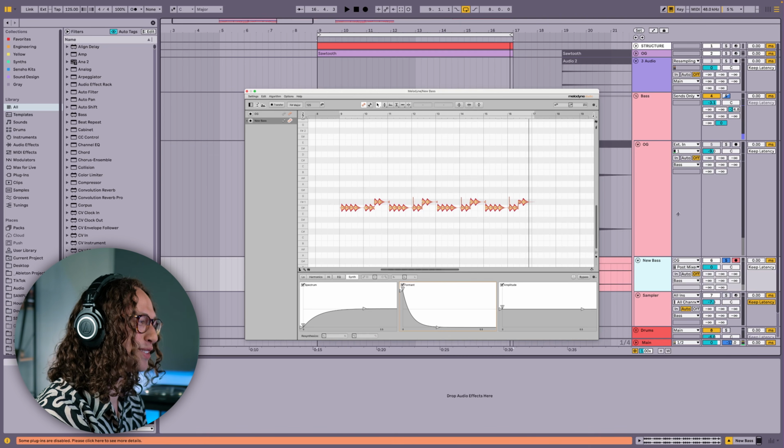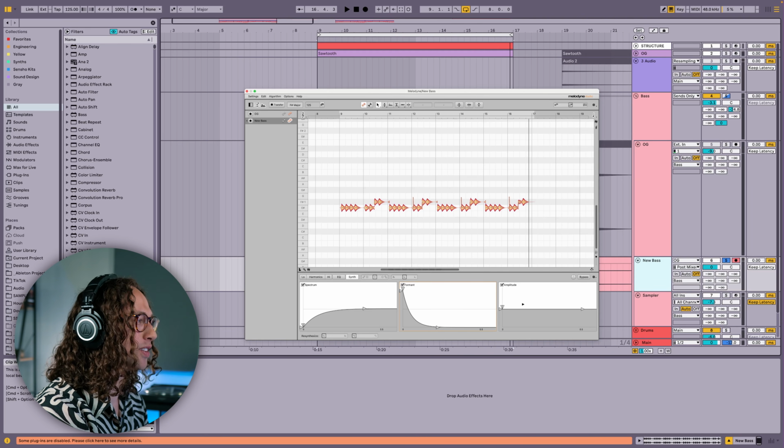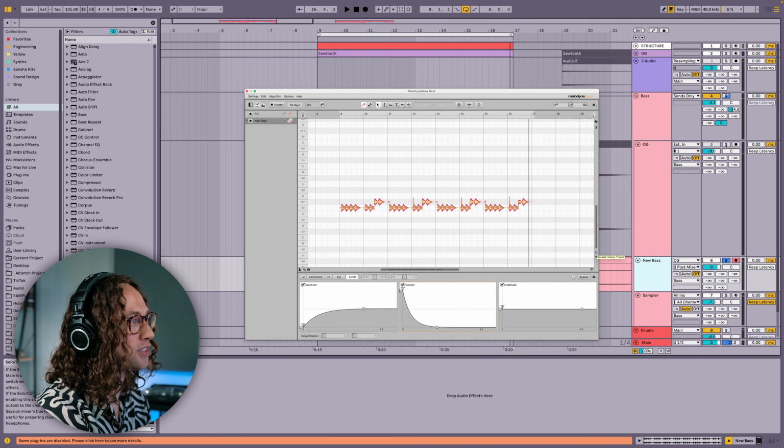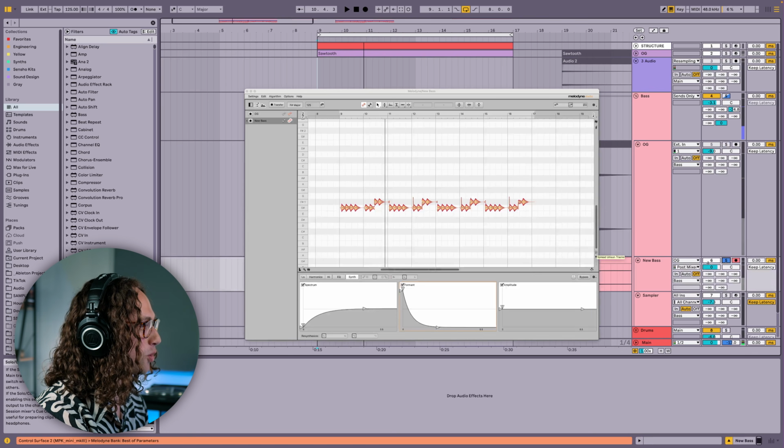So you can have lots of fun with each of these envelopes, and they really make a huge difference to the end product. So if we take a listen to the original bass that we had compared to our current bass,